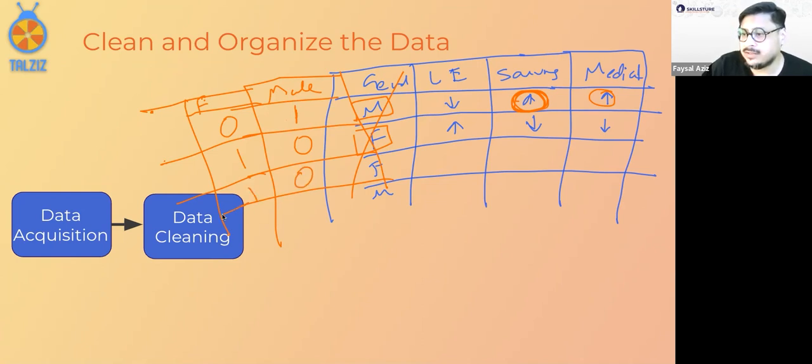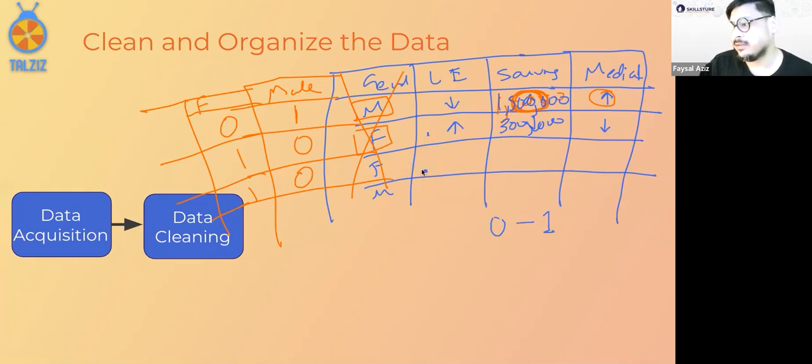So this is where the data scientist comes in. This is actually a part of data cleaning. You may have to transform the data into this. Sometimes you need to normalize. For example, the savings could be 1,500,000 for someone, and over here it could be 300,000. You have to normalize this to a scale of 0 to 1. You may have to do that. So this is where data cleaning comes in.